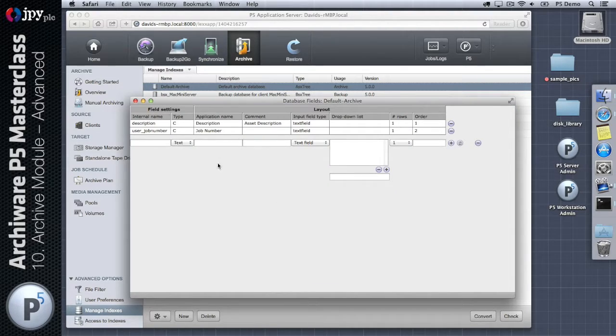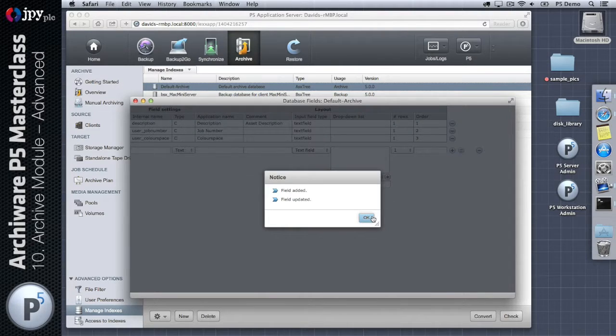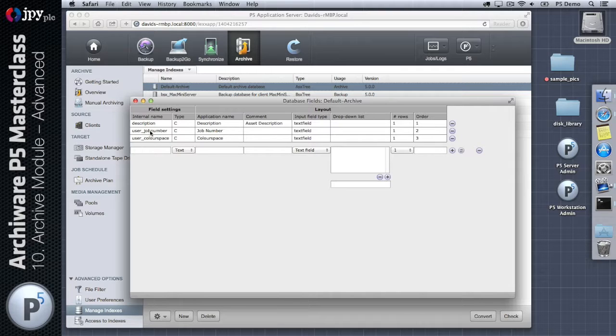Now I'm going to add a second field, and this field is going to be called colorspace, spelt the English way, and the display will be Colorspace. I'll use all one word for that, and another text field, another single row, and we'll have this one third in the list. These are user added fields, so you can see that P5 prepends user underscore to the name that I'm providing. And the third field, just to illustrate what a drop down list looks like, we'll just call this one drop down example,